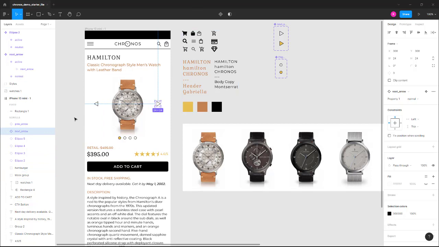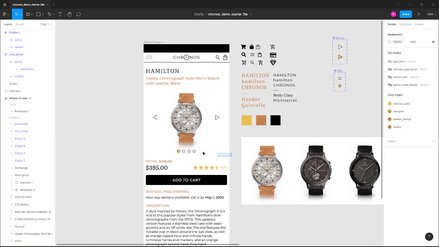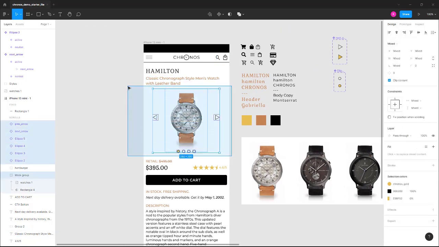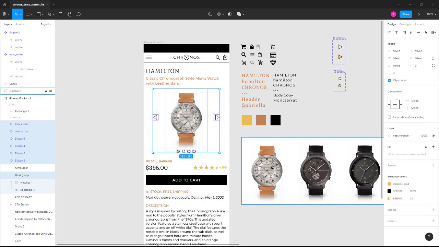Okay, so now the next thing I'd like to do is actually select all of the components and imagery here that I'm going to use for my slideshow. And really that's all of this stuff. So I've got a mask on an image, and I've actually got my slides as subsequent images in the same image file. So I've got a sprite sheet of watches here, and I wouldn't have to do it this way. I could have a series of separate images that I grouped together and then sort of move into position when I wanted, but using this as a sprite sheet also makes sense,